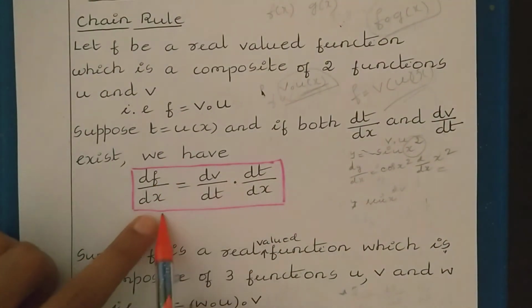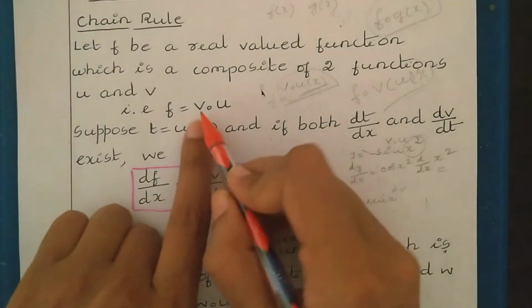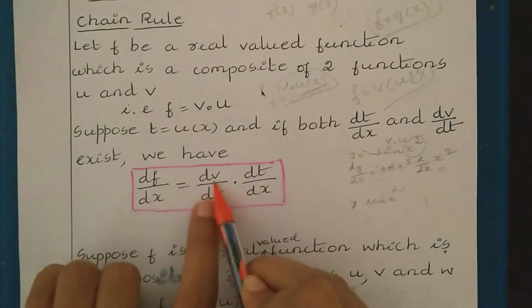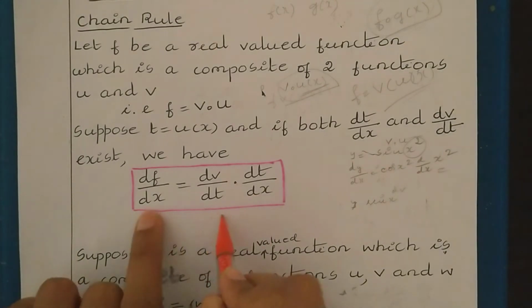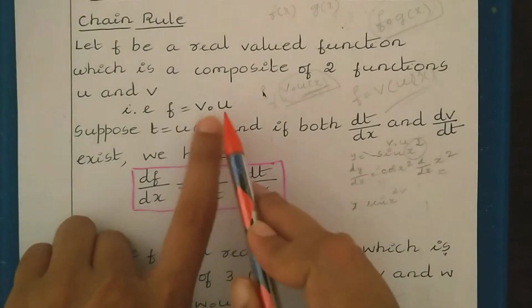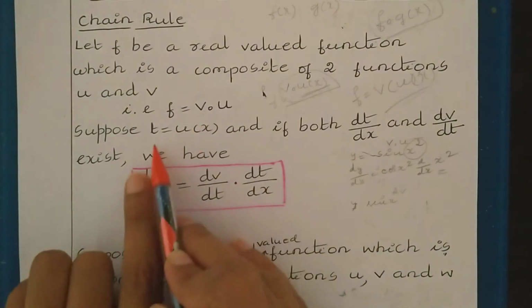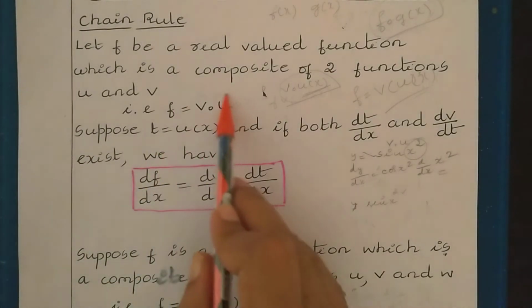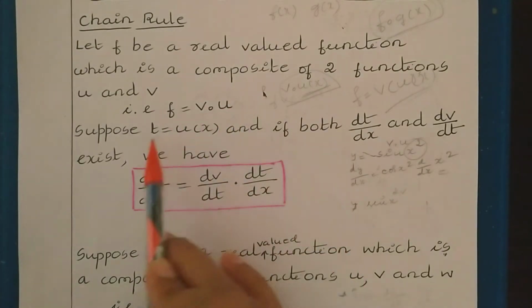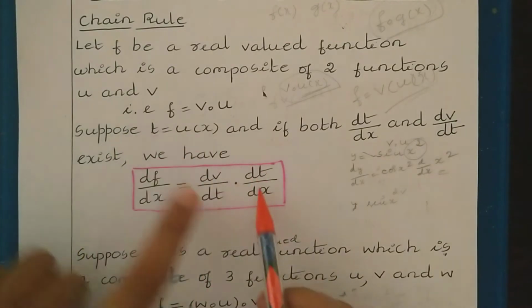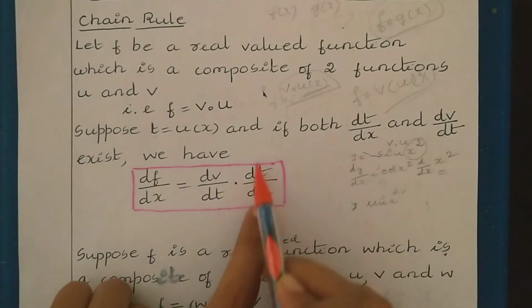After that, we can easily find the derivative. So now we have to differentiate this function with respect to x. So df divided by dx is equal to dv. First we have to find the derivative of this. So dv divided by dt, we are not writing dx here, because we are differentiating this function with respect to u and this u is equal to t. After that, next you have to differentiate t with respect to x. So d divided by dx of t. This you have to write.